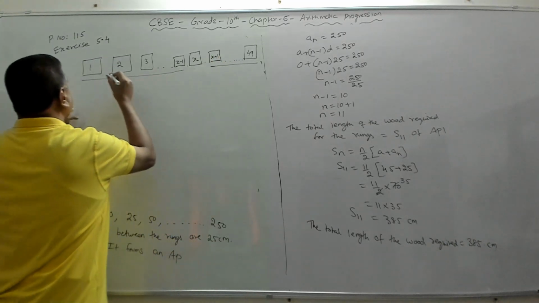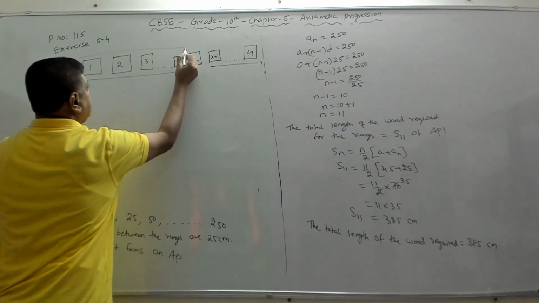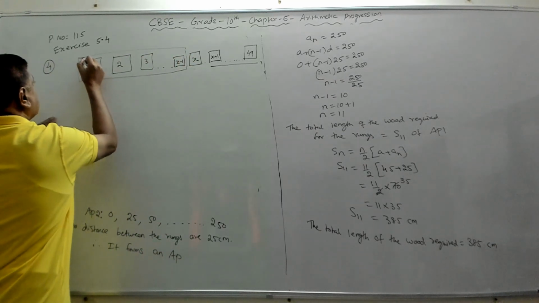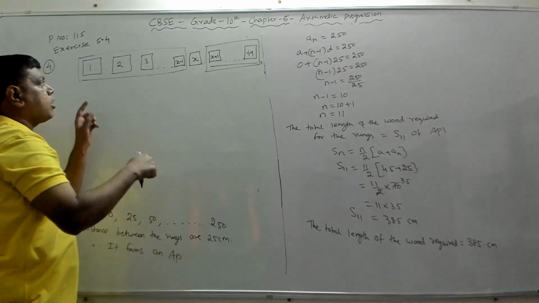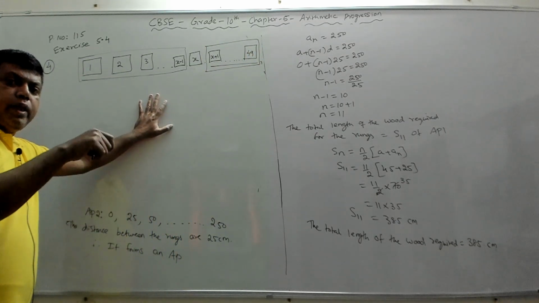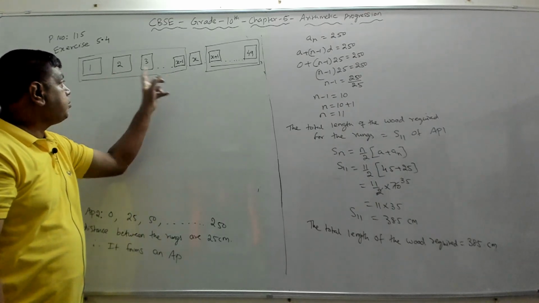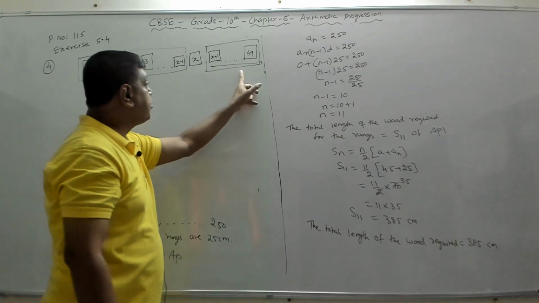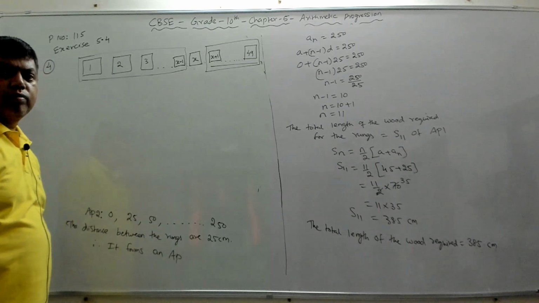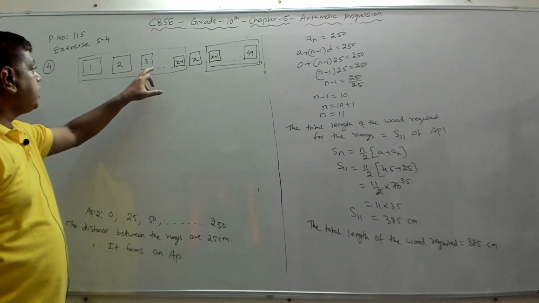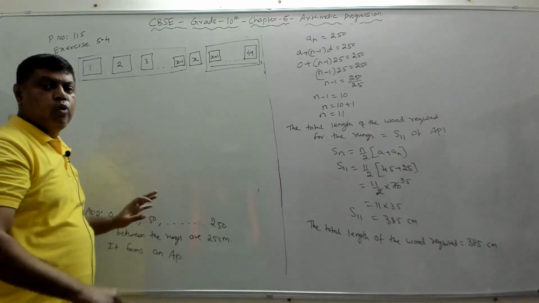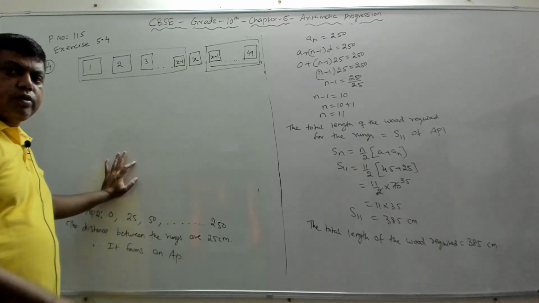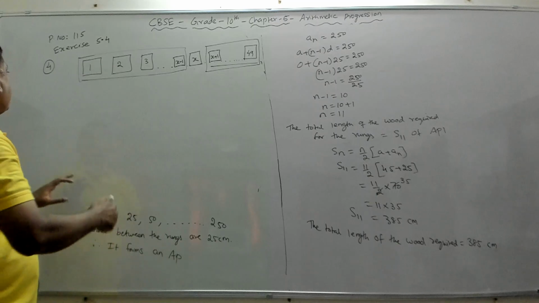So the sum of this should be equal to the sum of this. If that is the case, what should be the x? Here 1, 2, 3, x minus 1, x plus 1 till 49 are the door numbers of the row of houses. Fine. So the solution is,